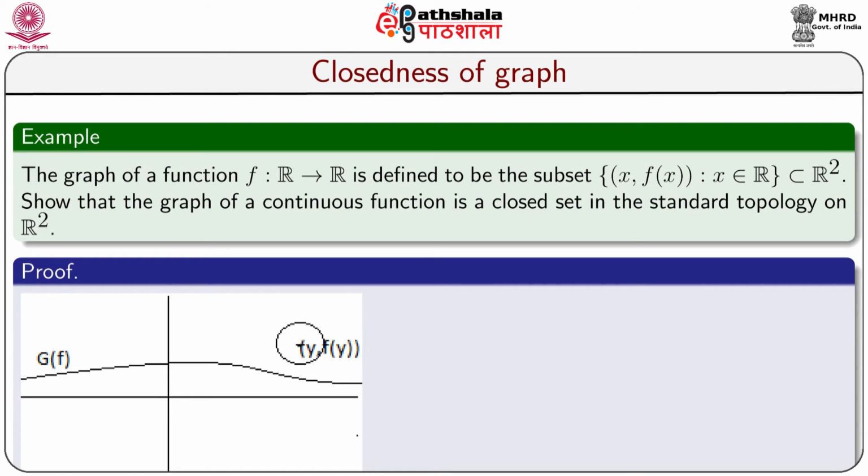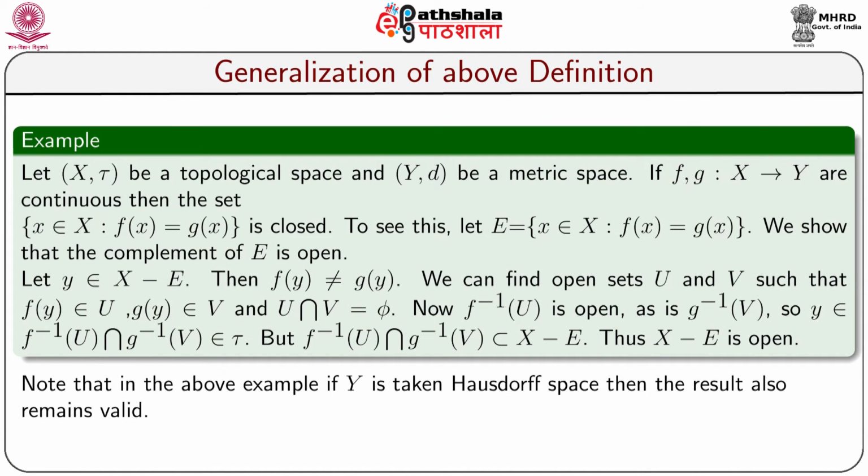In fact, this can be generalized. Let (X, tau) be a topological space and (Y, d) be a metric space. If f, g from X to Y are continuous functions, then the set of all x belonging to X such that f(x) is equal to g(x) is closed. To see this,